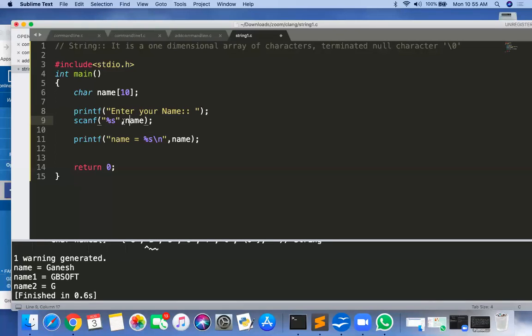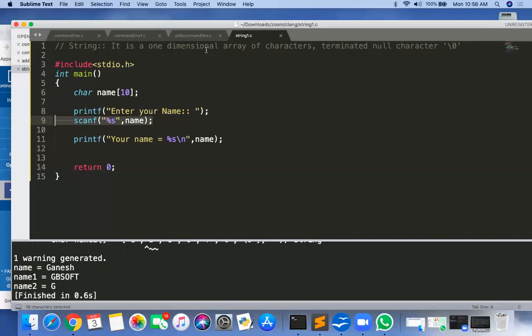While scanning the string value, no need to give the ampersand operator. If you want to give the ampersand operator, then you have to give the address of name[0]. But instead of that, you can directly give name here. So just note down this difference, %s name only.